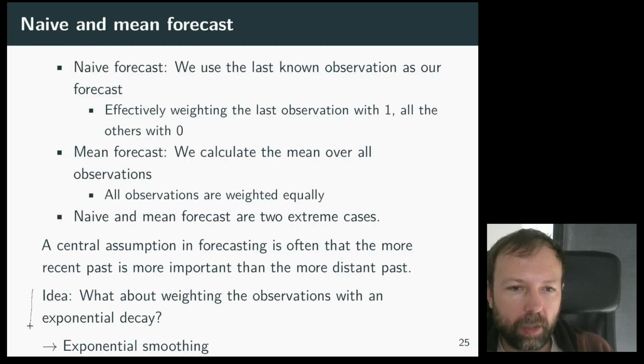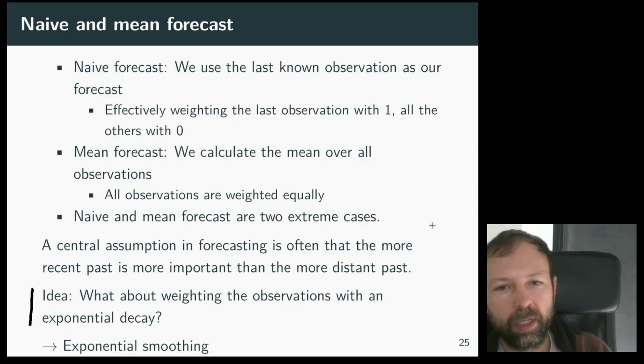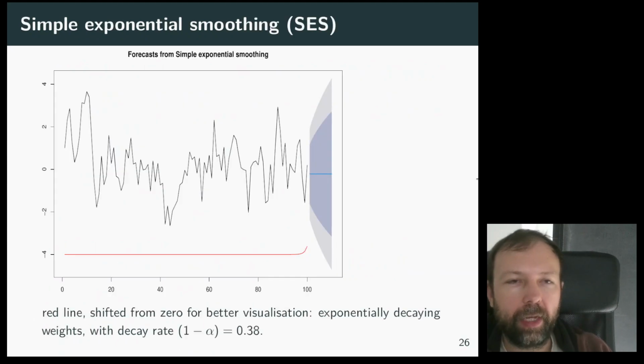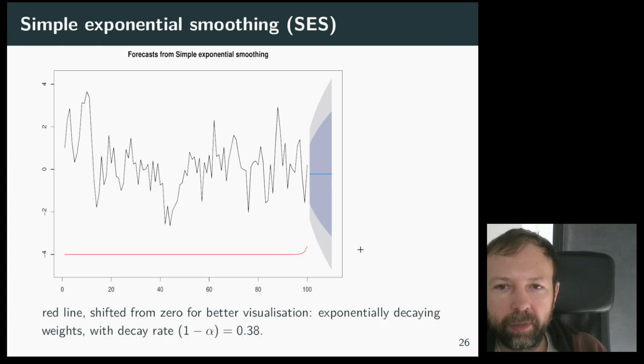Yeah. And now one idea as well: if we have these 2 extreme cases of giving all the weight to the last observation or having equal weights, what about we just decay these weights in some way, and we could do that with an exponential decay, right? And that's the main idea behind exponential smoothing. So there is this method called simple exponential smoothing, SES, that implements that. So you have a smoothing parameter alpha,